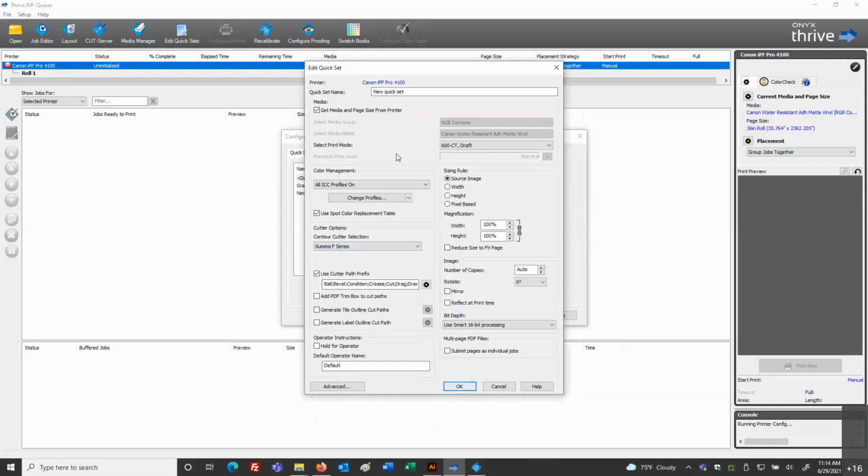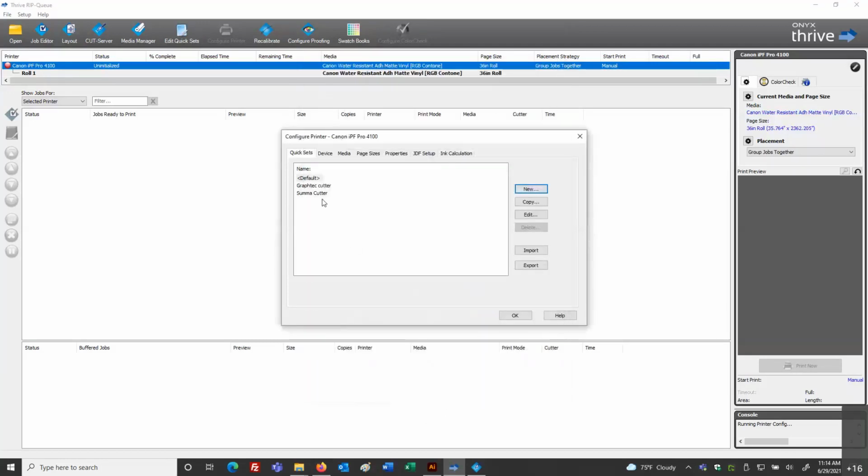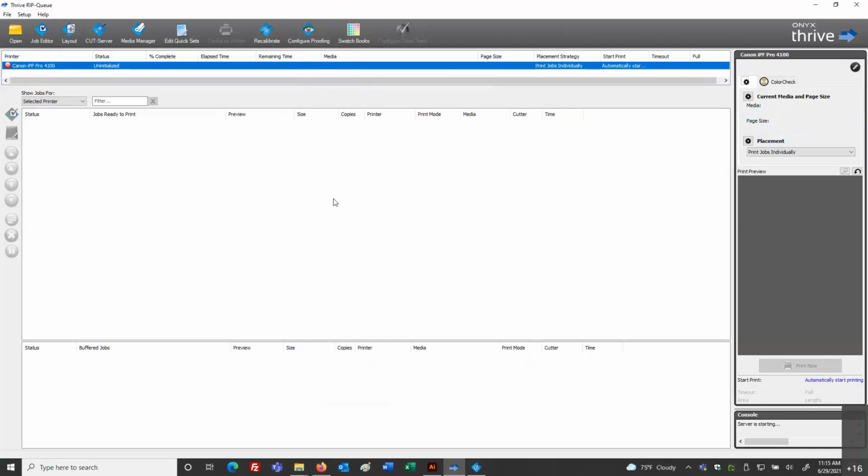So I'll have that in there and I'll give this a proper name. Okay. So as you can see, we would need to make a quick set for each possible cutter model that we're going to be working with. That would be something that we would have to do. Okay. So that's our quick sets created.